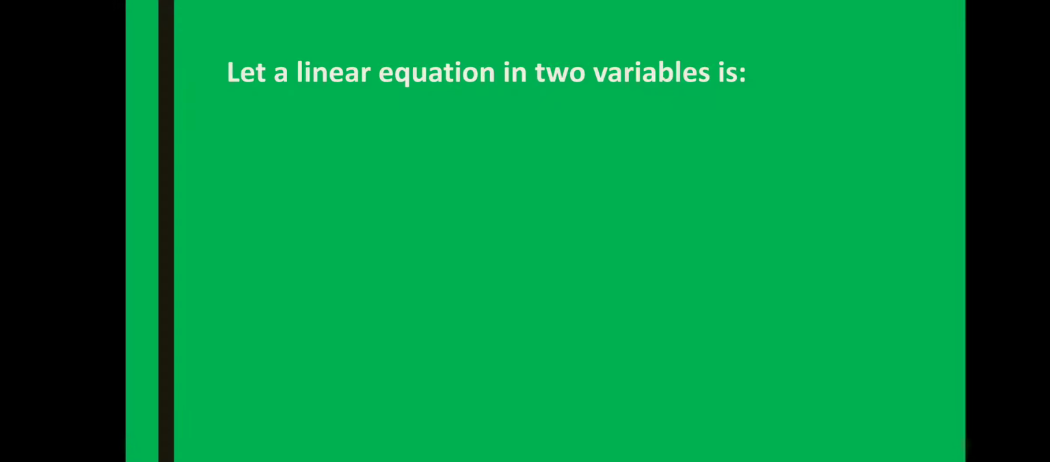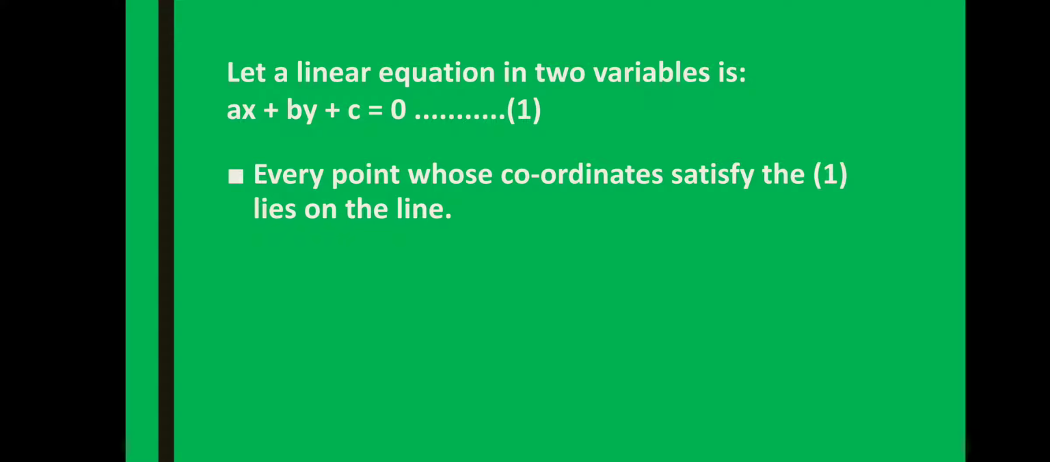Let a linear equation in two variables be ax plus by plus c is equal to 0. Let this be equation 1. This is the standard form of a linear equation in two variables. Now, every point whose coordinates satisfy equation 1